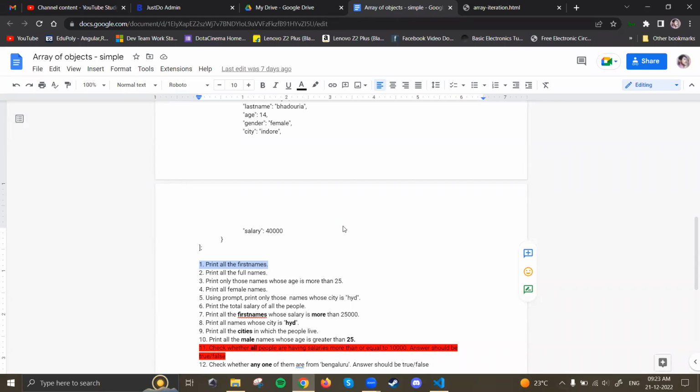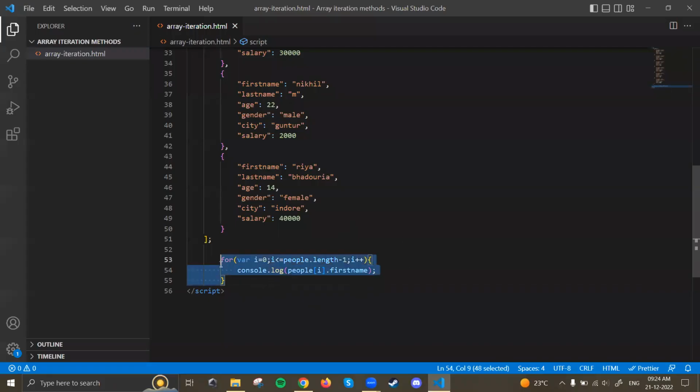Whatever question you are getting, you have to analyze it. Is there an if condition? No. Then remove the filter method from your brain. Just think about forEach and map. Then again think, is the output an array? No. Then remove the map method as well. Only forEach. Okay, so what I'll do here is